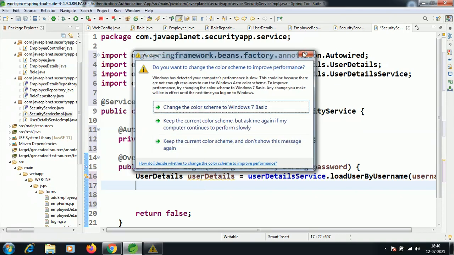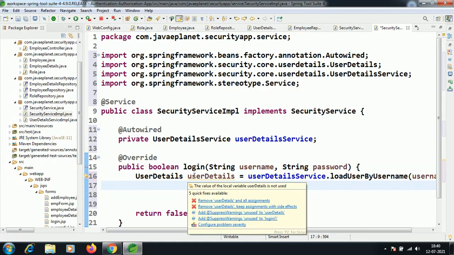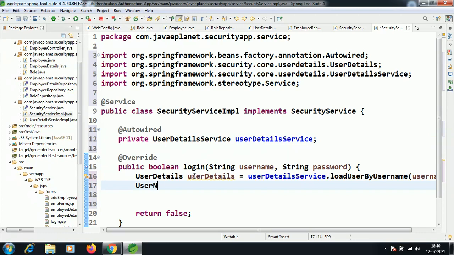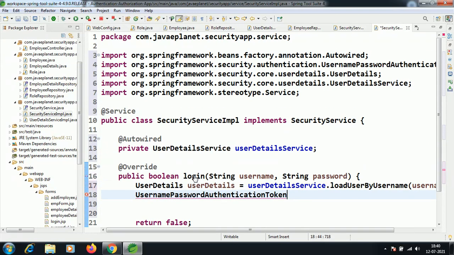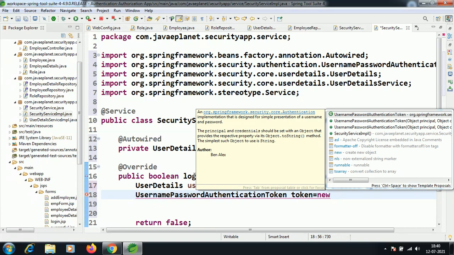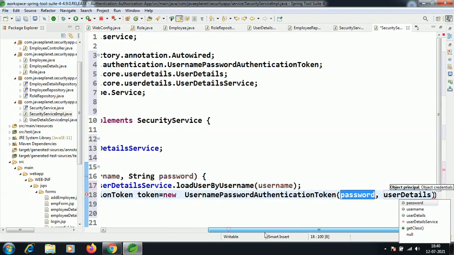That means initially we are giving UsernamePasswordAuthenticationToken token equal to new UsernamePasswordAuthenticationToken. This will take the user details, password,